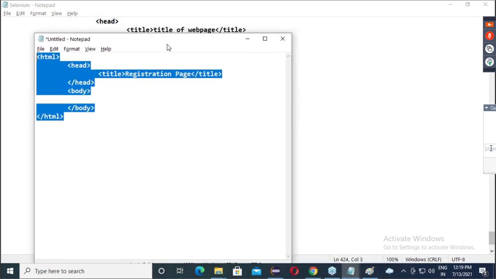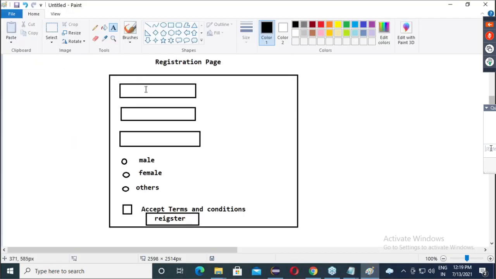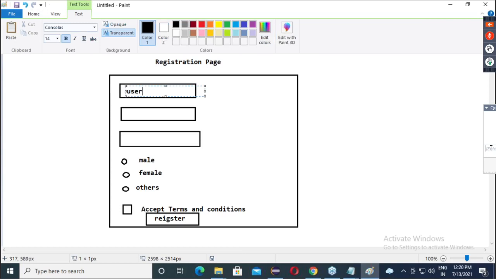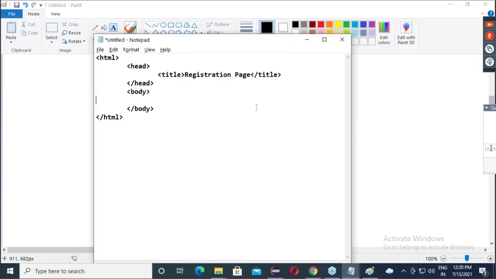now tell me which field you want to develop. Which field you want to develop? Username. Okay. Let's say username. This is password. This is email. Okay. So here I will say it is username. It is password. It is email. Something like this. Now, what we will do? We will write a code here. So observe the code now.